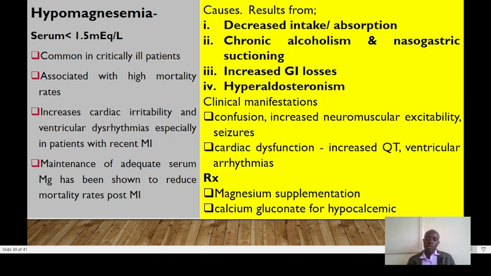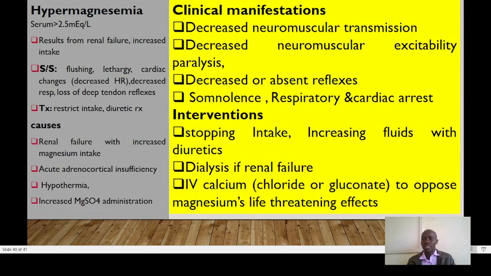for calcium, right? Because you know magnesium and calcium, they go hand in hand. So when the level of magnesium is down, of course the level of calcium is low, and no wonder we are giving calcium gluconate to boost the hypocalcemic state. So we have the magnesium,